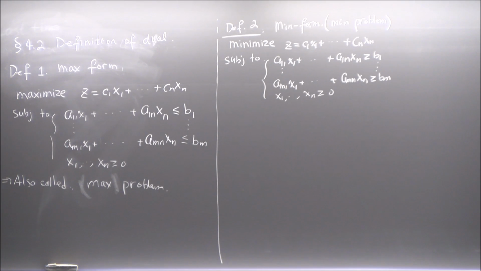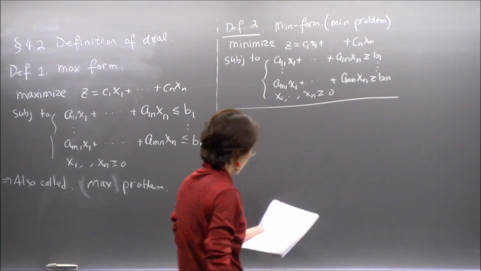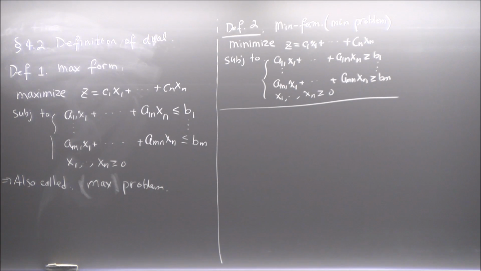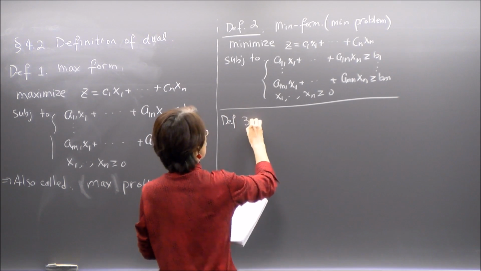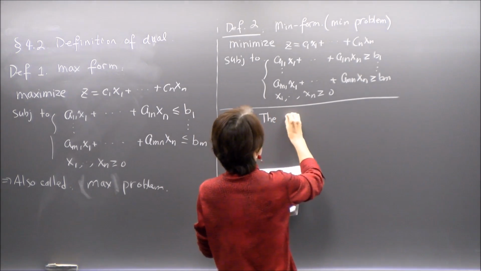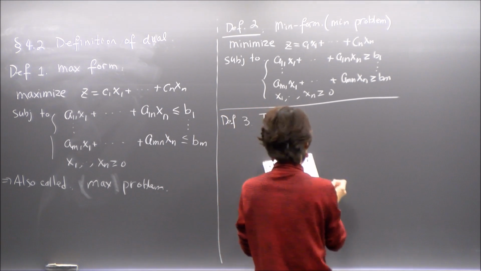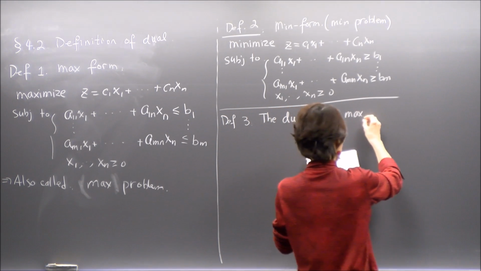All right. Okay, so now we will define what we mean by a dual. We will take the max form as the starting point. So you have a problem that's given initially. It's in a max form, and you can write out the dual. All right? So we'll call the following definition number 3. This is just defined. We just call it. There's no derivation or anything. So the dual of the max problem